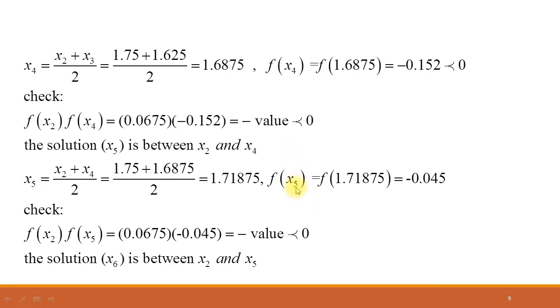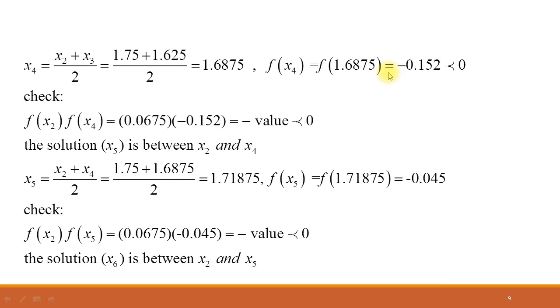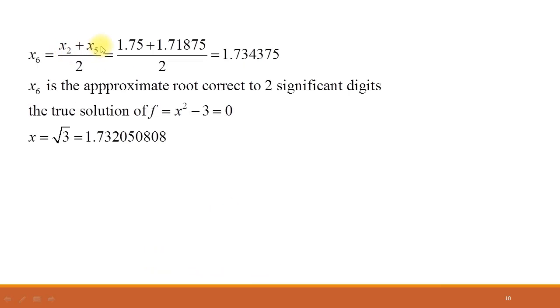So the sign of the function at x5 is negative, and the sign of the function at x4 is also negative, and the sign at x3 is also negative, and the sign at x2 is positive. So it means that for x6 the function has opposite signs at x2 and x5. So x6 lies between x2 and x5. This is x2 and this is x5. So for x6, adding x2 plus x5 divided by 2, this is the value of x2, 1.75 plus 1.71875 divided by 2, and for x6 we obtain